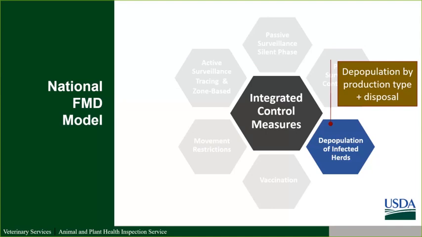We can model the time it takes between depop and disposal and disinfection, so you still can have a risk of disease spread indirectly off the farm that has been depopulated, but the disposal and disinfection have not been complete. That's happened in other outbreaks, such as South Korea, that being a risk of potential disease spread. So that's something that we can account for in the model, is having that virus in the environment and what's the risk of it spreading.